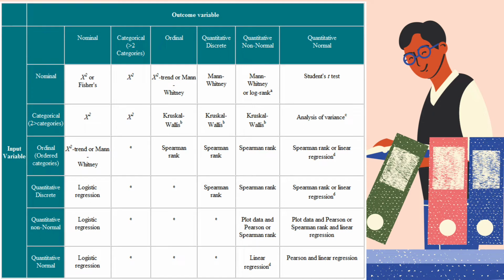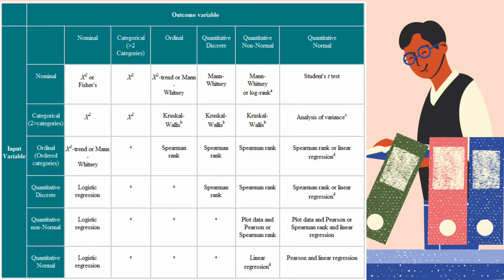This next table is another quick glance at the different tests according to input variable and outcome variable. In our input variable, we have nominal, categorical, ordinal, quantitative, discrete, quantitative non-normal, and quantitative normal. When you say non-normal and normal, it means the distribution of the data sets. In the outcome variable, we have also the same: nominal, categorical, ordinal, quantitative, and